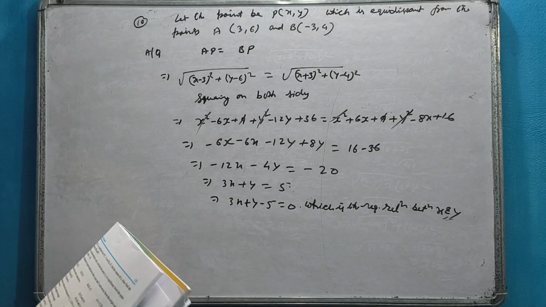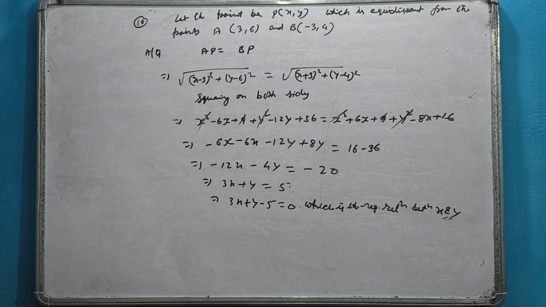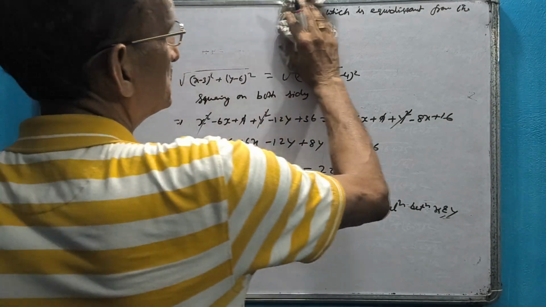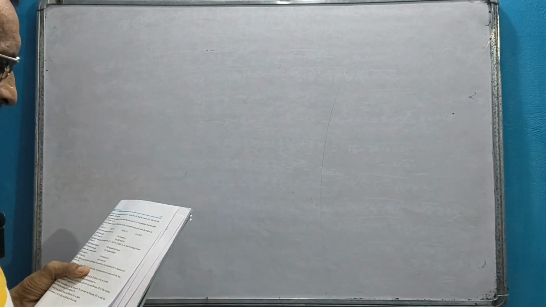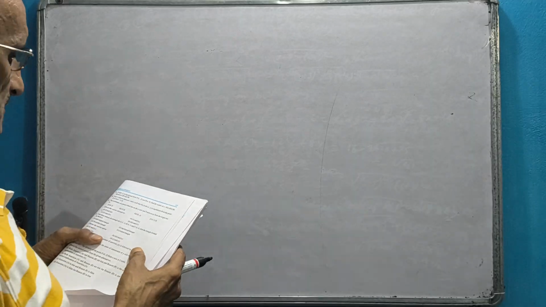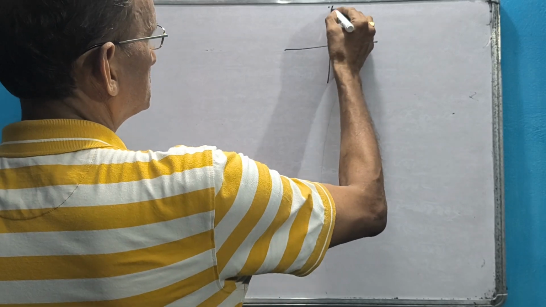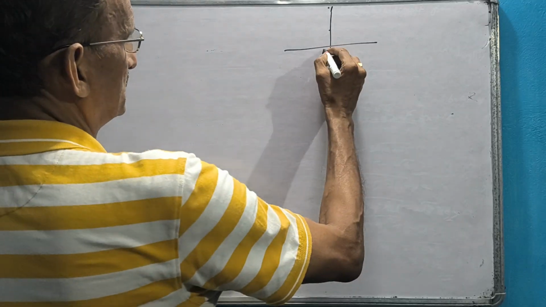Okay, this was number 10. So can we go to number 11? This is an important question, but 1 mark only. So I need to explain it to you. These are more important now. What is given? The coordinates of a point which lies on the y-axis. There is a point which lies on the y-axis at a distance of 5 units away from the origin.